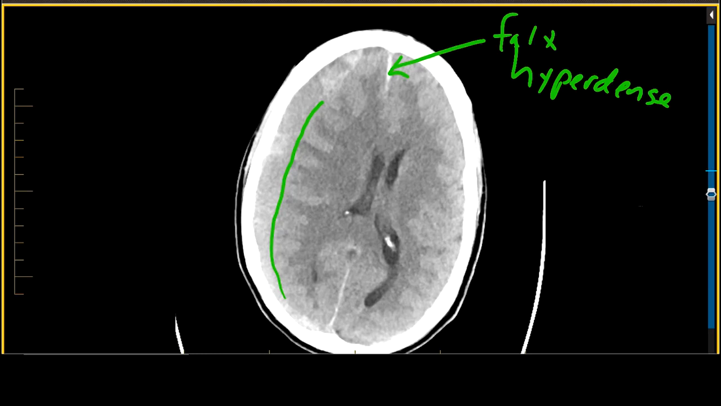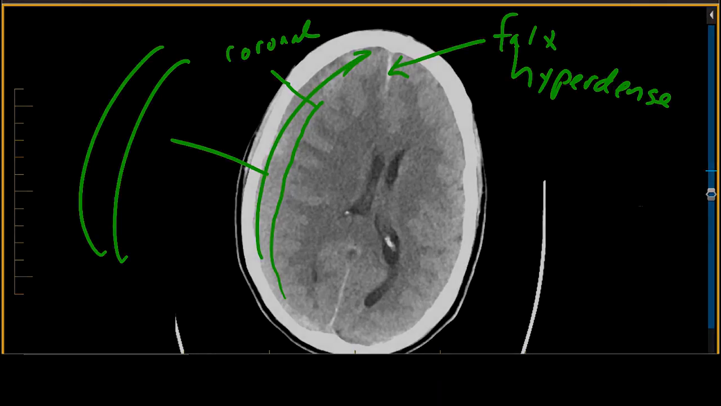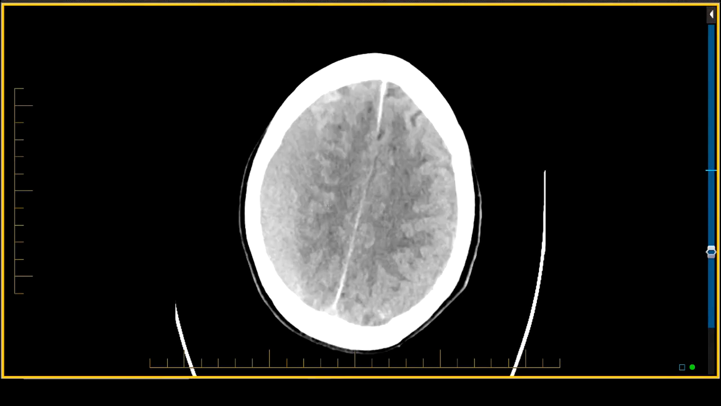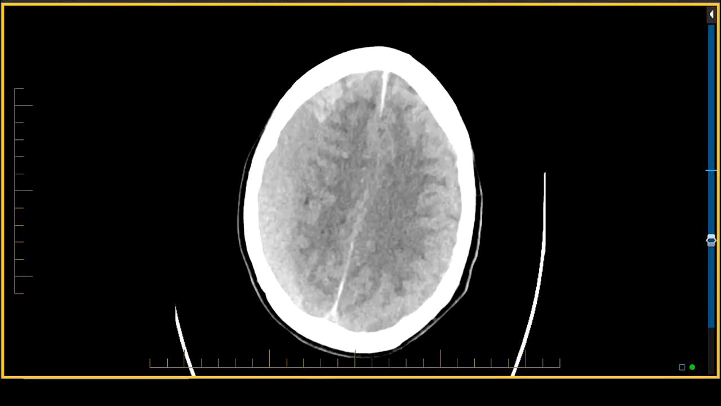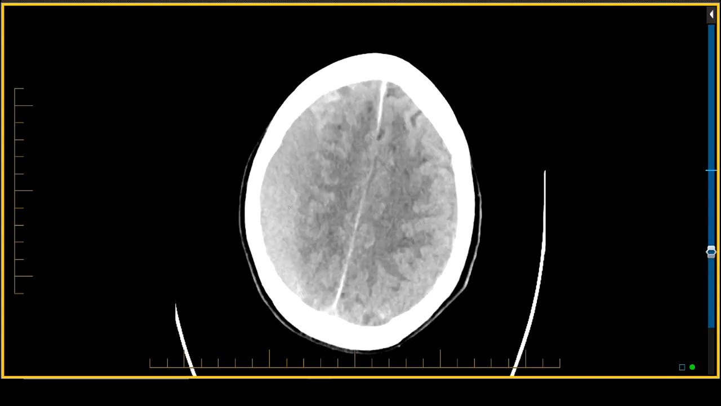Now, just to reiterate, how do we know that this is an isodense subdural hematoma and not an isodense epidural hematoma? Remember, crescentic shape and crossing sutures, in this case, the expected location of the coronal suture, would identify this as a subdural collection. Scrolling further superiorly, you can see the mixed density collection anteriorly and the isodense portion more